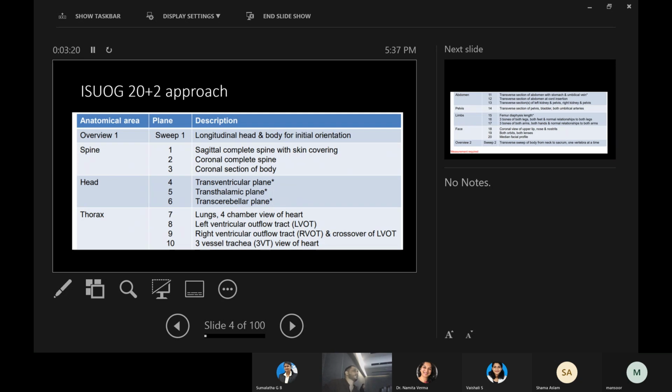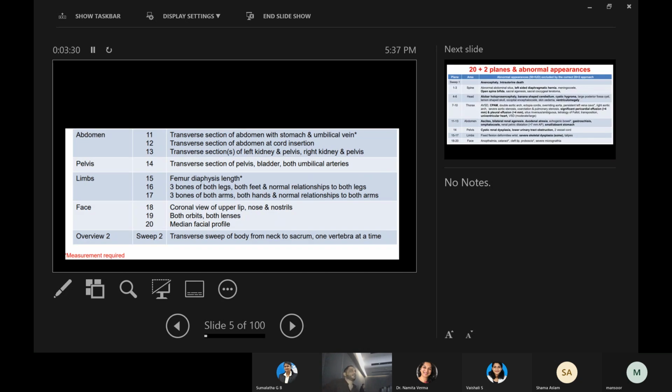In the thorax, look for lungs, four-chamber view, LVOT, RVOT, crossover of LVOT, RVOT. Then the three-vessel trachea view. In the abdomen, look for the stomach, umbilical vein, cord insertion, the kidneys, the pelvis. Here, what they mean is the renal pelvis. And then you come to the fetal pelvis as such and look for the bladder, both umbilical arteries on sides